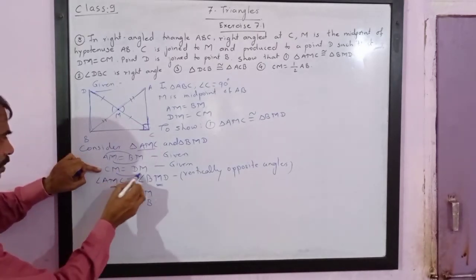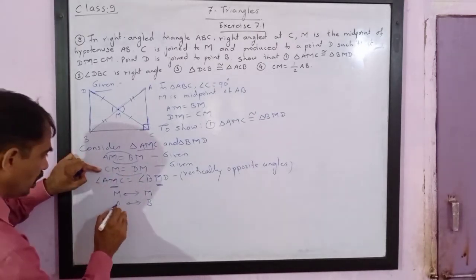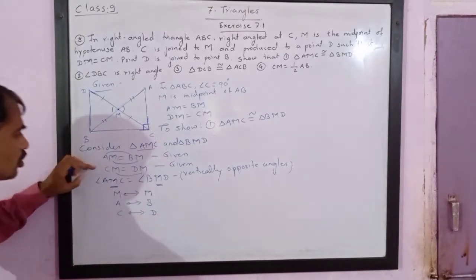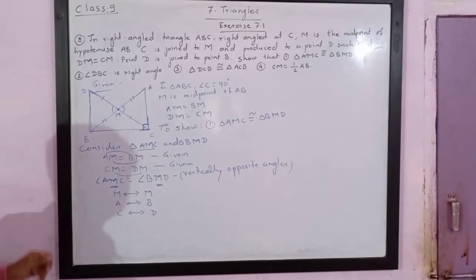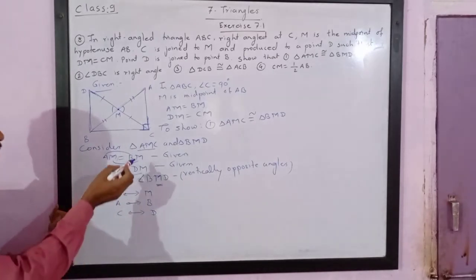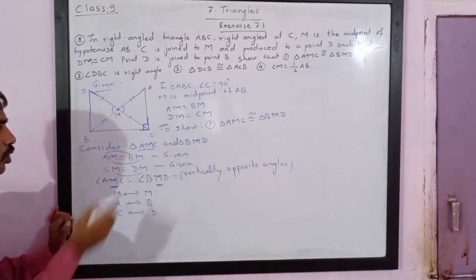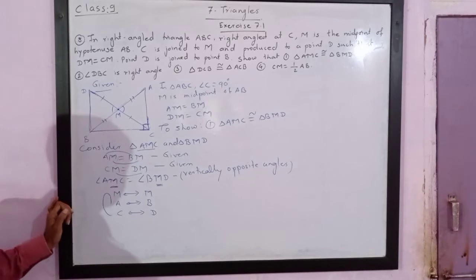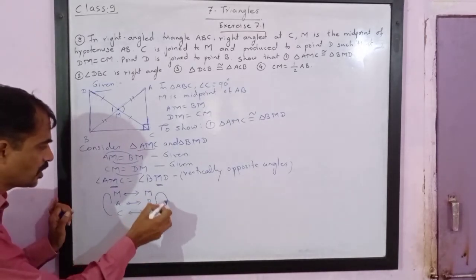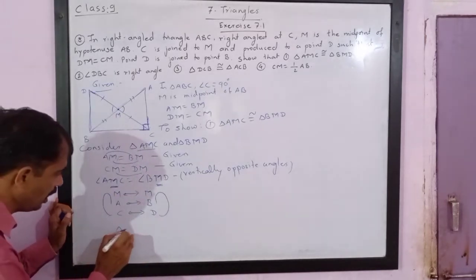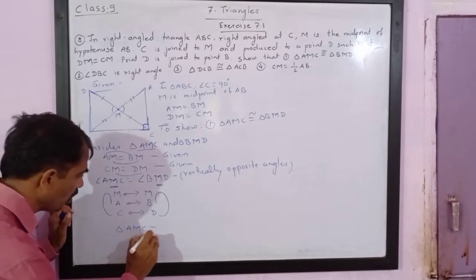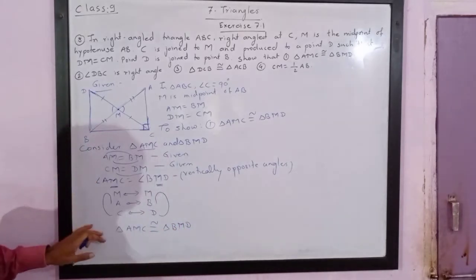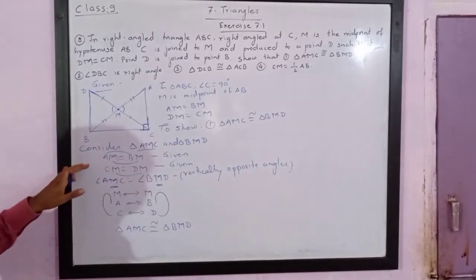And we have already written M corresponds to M. It means C corresponds to D. So we have got the one-to-one correspondence. Now please try to understand. We have to write AMC congruent to BMD. AMC has the second, first and third vertex, so here also you will get the second, first and third vertex. It means triangle AMC is congruent to triangle BMD. And that was all that was asked.